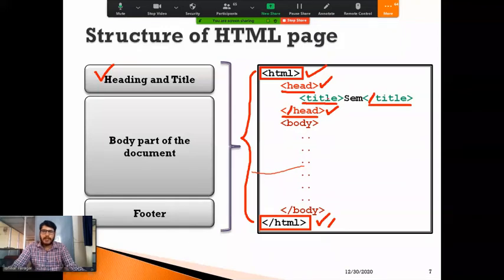Those are the opening and closing tags for title. Whatever content I write in between is the content for the title. That means my web page should display the title as SEM. That's it.